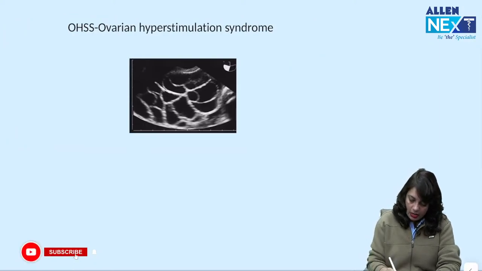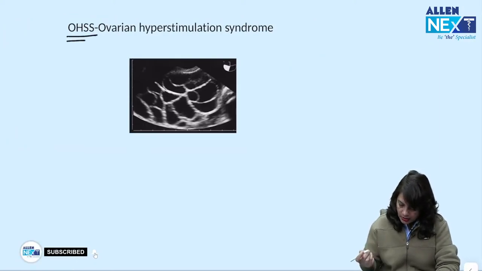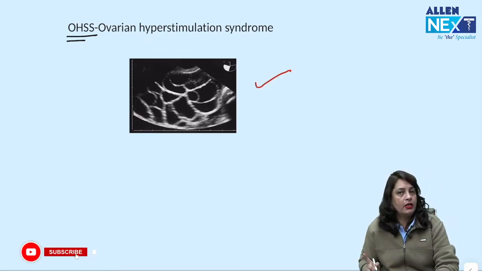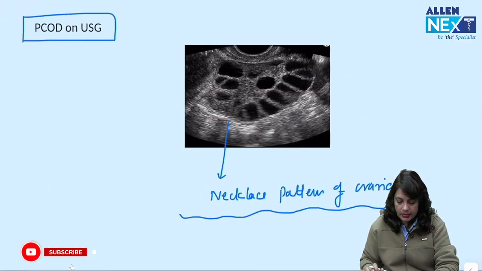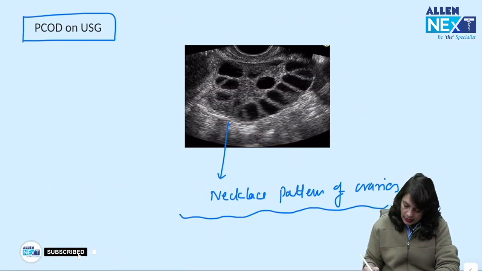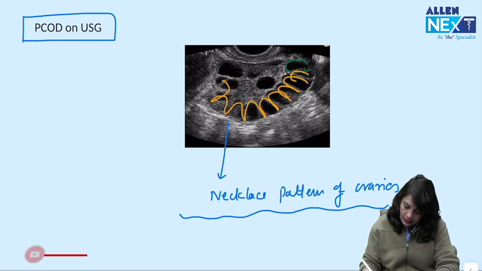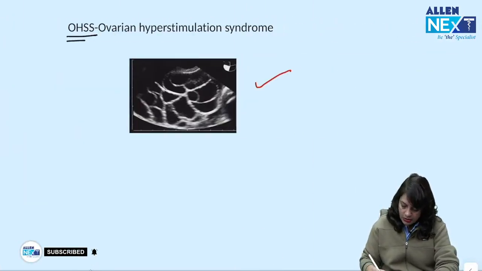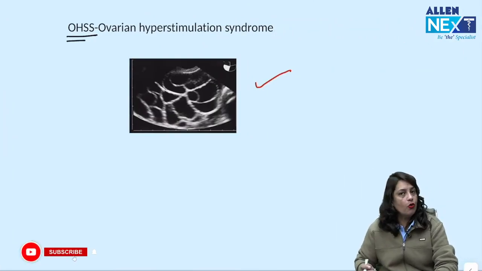Next, ovarian hyperstimulation syndrome. Why did I add this image? Because you should not get confused with the image of polycystic ovarian disease. You can see this is a necklace pattern of ovaries. The cysts are arranged in the periphery, whereas ovarian hyperstimulation syndrome occurs when you give ovulation